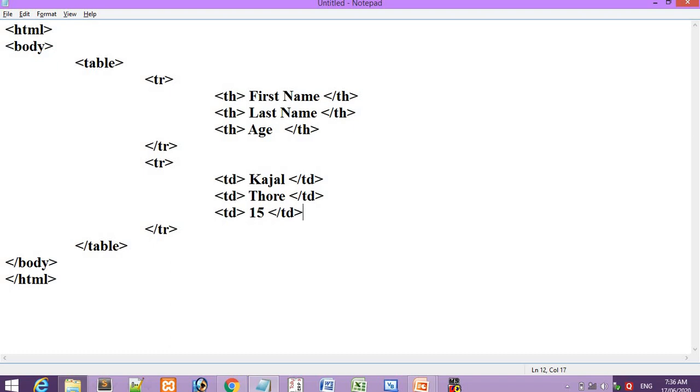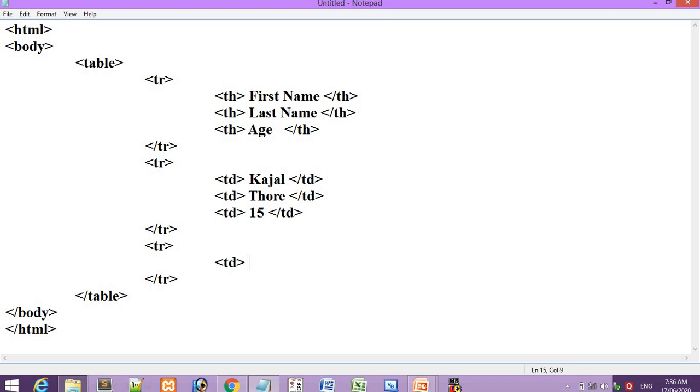Okay, now I want again one entry. So what I can do here, for giving again one entry in this table, we will have to create again one row. तो यहाँ पे देखो मैंने एक और रो लिया. ओके, वो रो का एंडिंग टैग यहाँ पे मैंने डिक्लेयर कर दिया by using slash, and inside this again I am giving td here again,